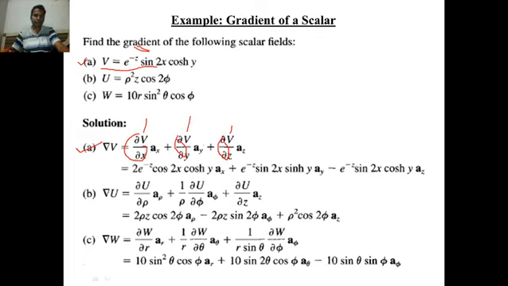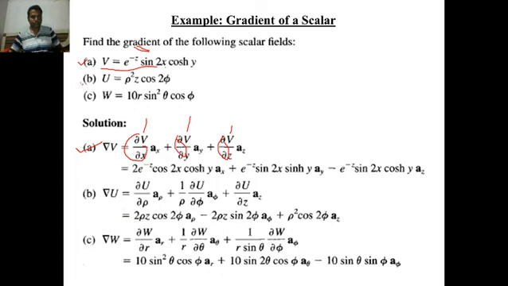You will get, and you know how to take the derivative of any quantity or any field with respect to x and y and z. When you take the derivative with respect to x, you have to forget y, because y now will be the constant. If you take the derivative of this v with respect to y, then in that case z will be constant, x will be treated as constant. Similarly the case with this. Once you do this calculation, you will get this particular result.